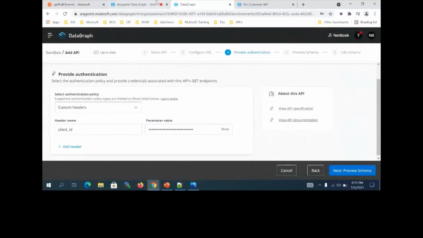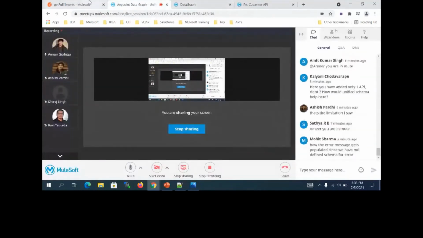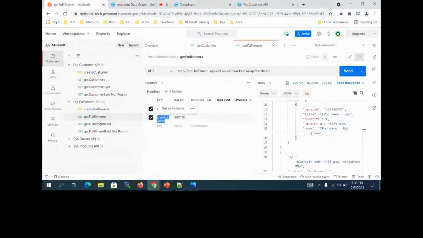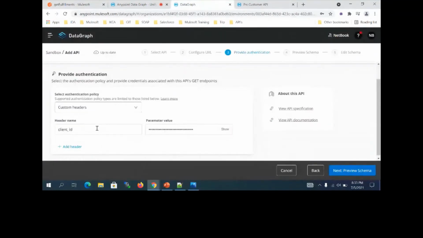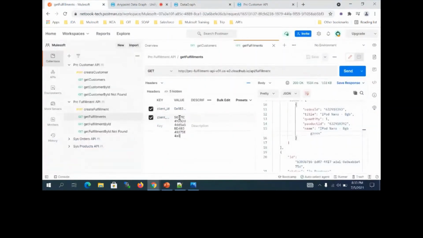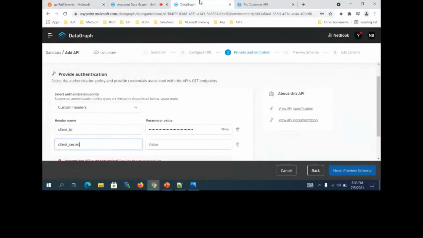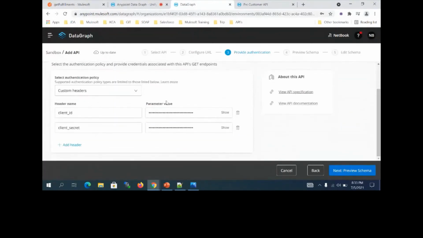I'm going to pass it over here. And the second thing is the client secret I want to configure. So this is how to add a header. I'm going to pass it client secret, and this is my client secret for this API. I'm going to add it over here. This is how we can configure the